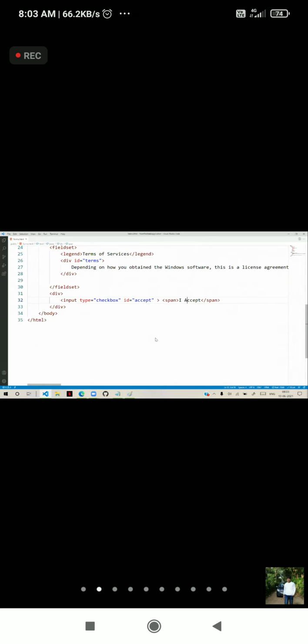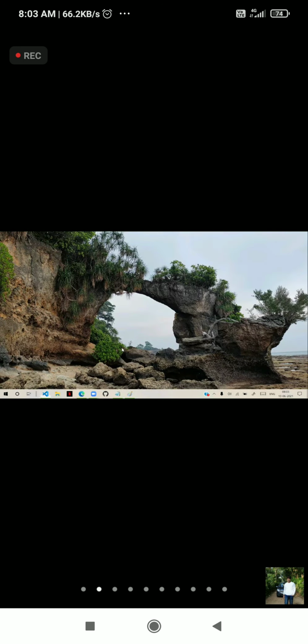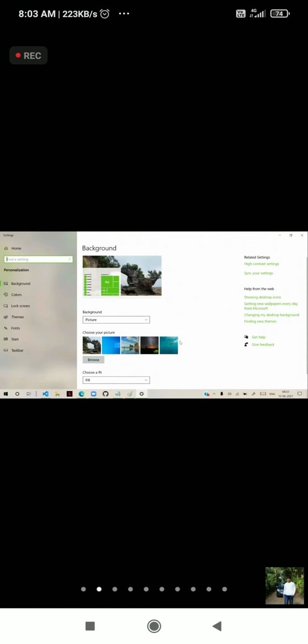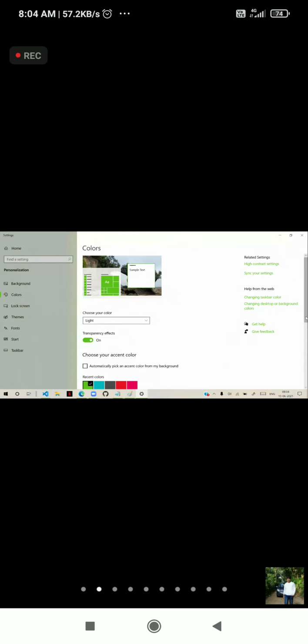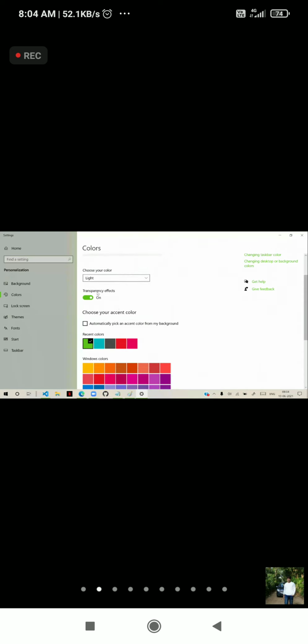Because of modern website designing, the checkboxes and their functionalities look a little different in appearance. You see there are transparency effects. This is also a checkbox only. Choose X asset color. So you see here, this is a checkbox.